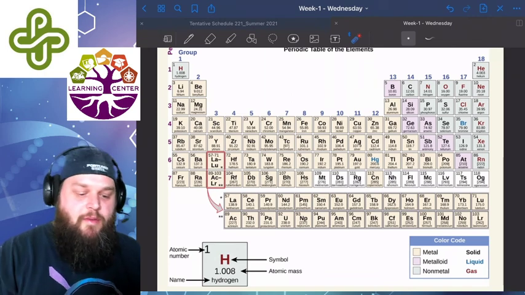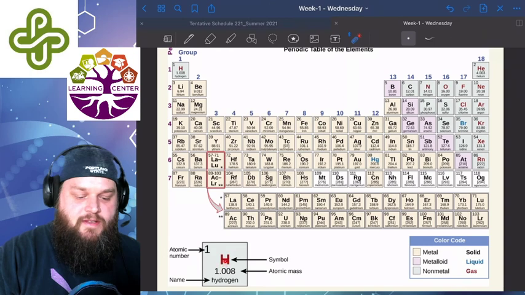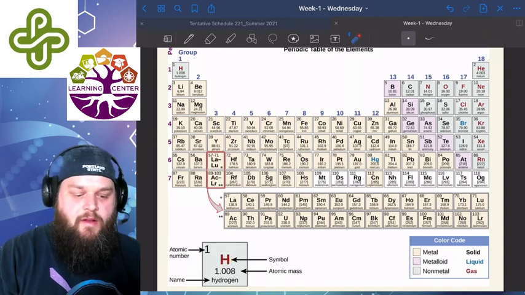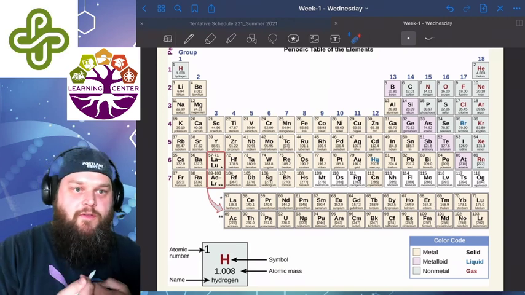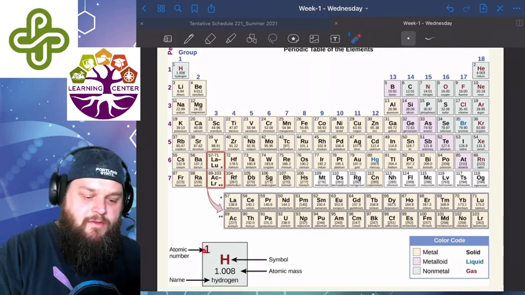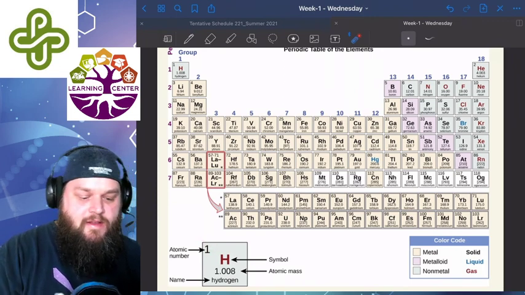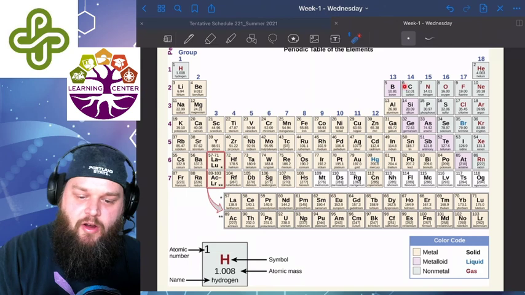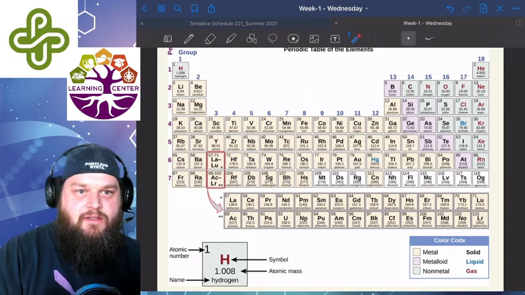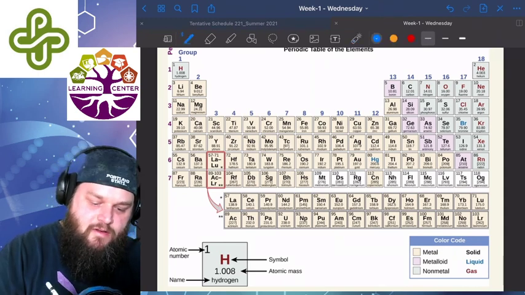Each element on the periodic table follows this basic nomenclature, where the symbol, in this case hydrogen, is listed in the middle. The atomic number is in the top left corner. Sorry, the atomic number is the number of protons in general. Hydrogen has 1 proton, so it's going to have a 1 up there. Carbon has 6 protons, so it has a little 6 in that top corner. The atomic mass is actually an average,